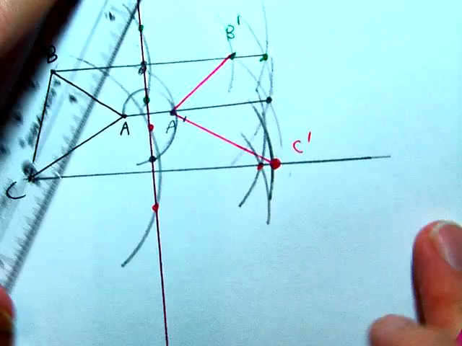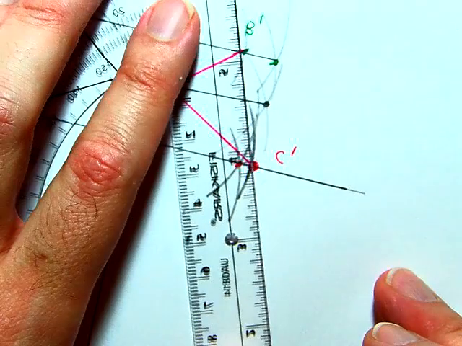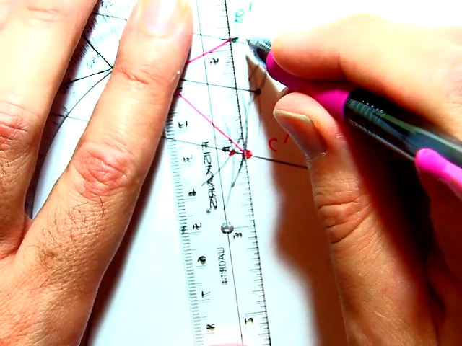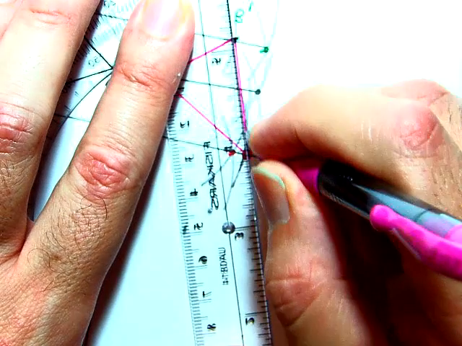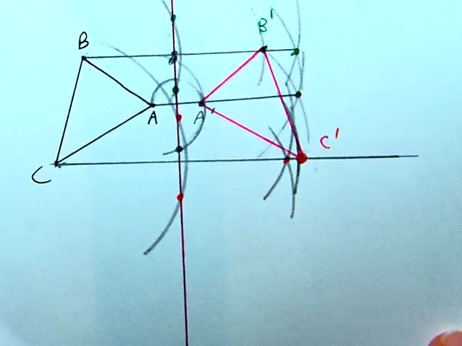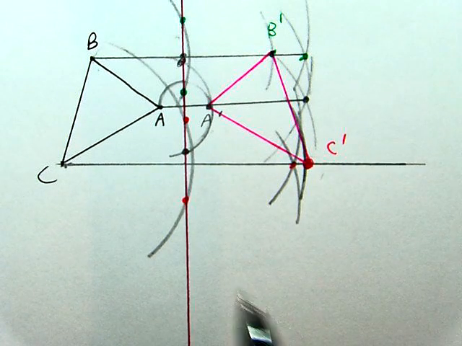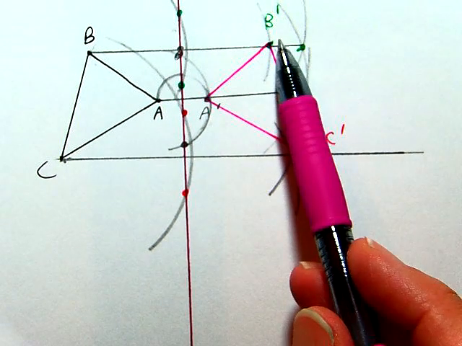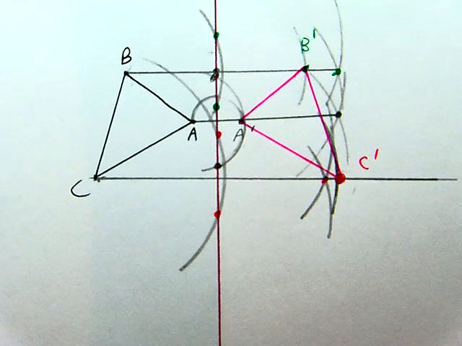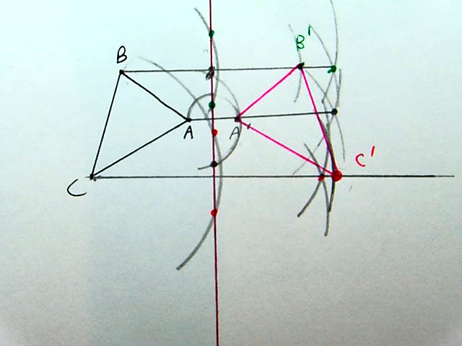And B prime to C prime. And there we've got it. You can see that we have constructed a triangle with vertices A prime, B prime, and C prime. That is the reflection of our pre-image triangle